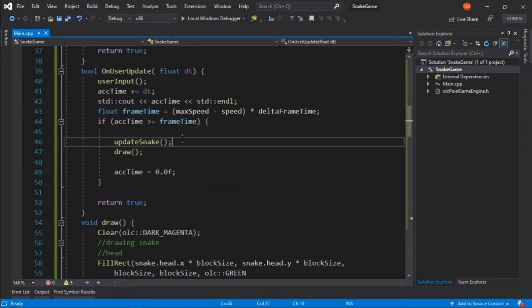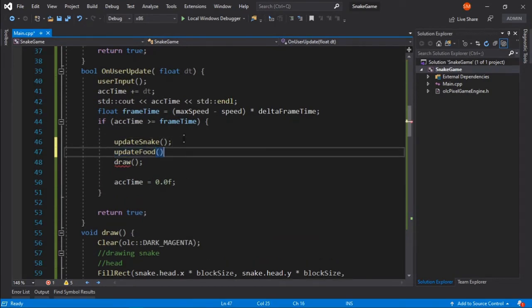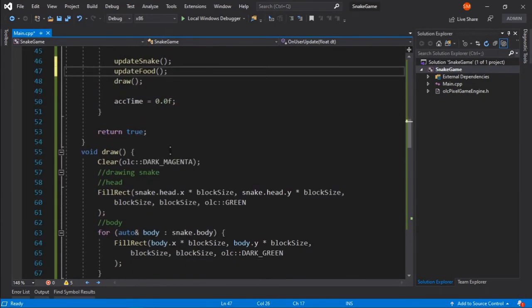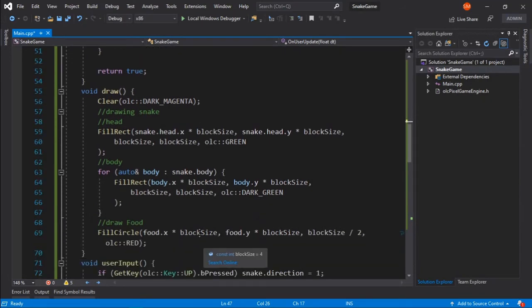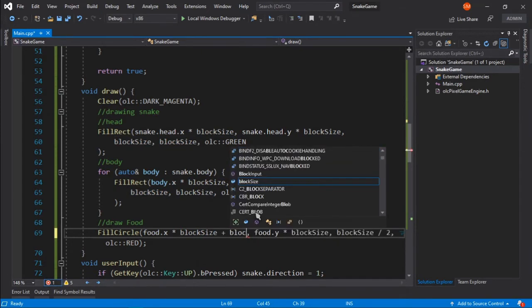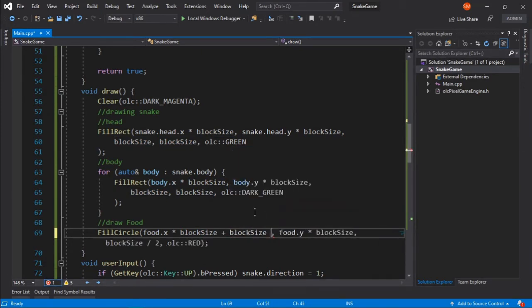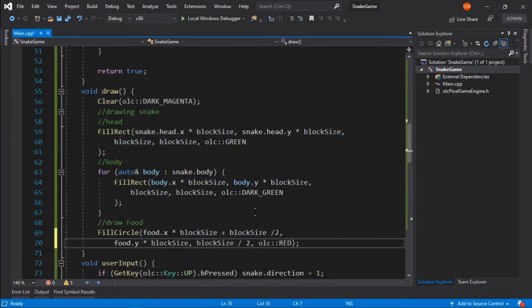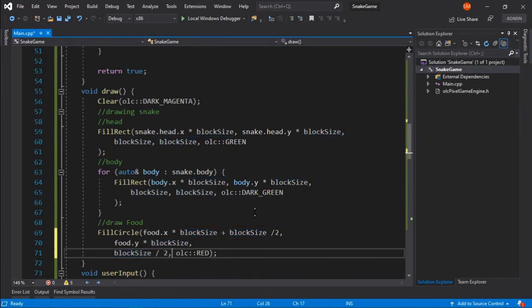whenever we are updating snake, we are also going to update the food. And also we need to add a little offset here of block size by 2 to put everything in center. So I will do the same thing here. We can just put these parameters in different lines to make things easier.